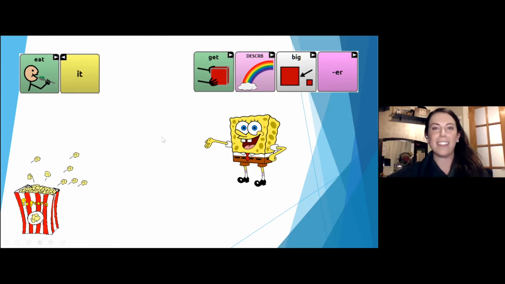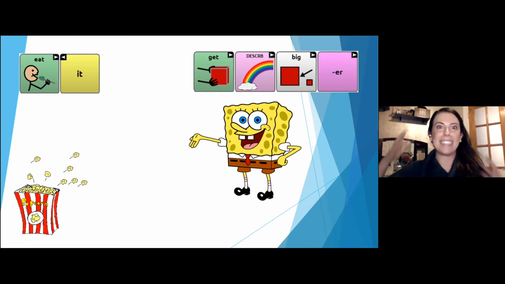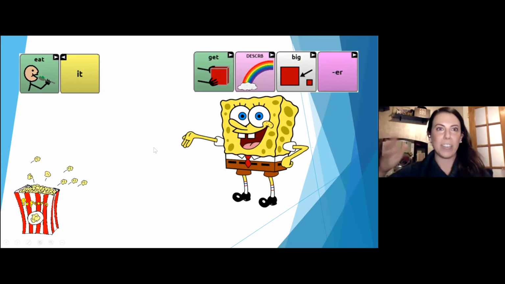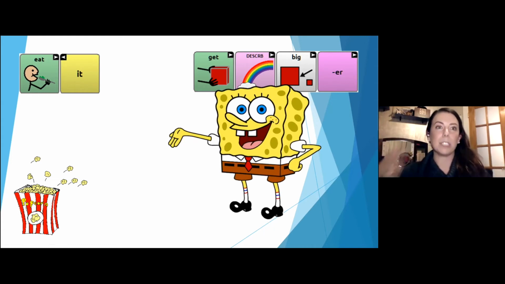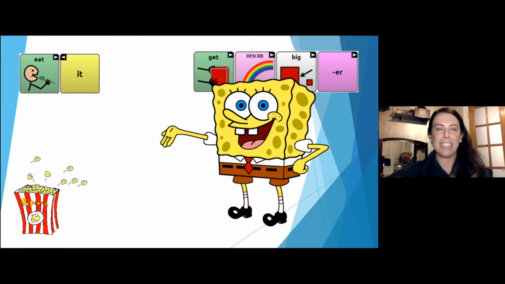And so then the fun thing is that once we say get big, SpongeBob is going to get that cause and effect, and he is going to get bigger. We have the repetition all the way up for SpongeBob to then get really big and grow off the screen, and it's giving this reaction. I'm able to model and provide the family with the pathway that I want to use for modeling while also being in a separate location. Because sometimes it can be harder when we're modeling on the device and I want them to be seeing me, I want them to be engaging. So this is a nice example of that.